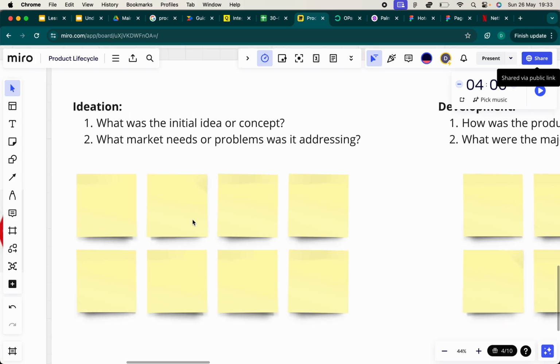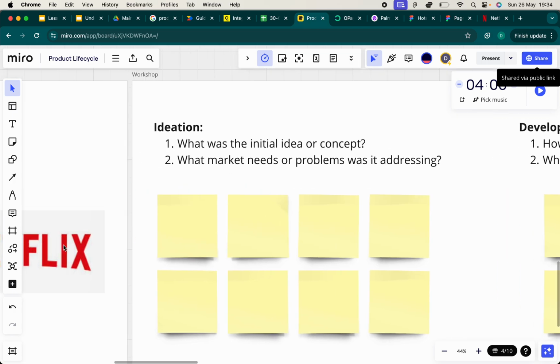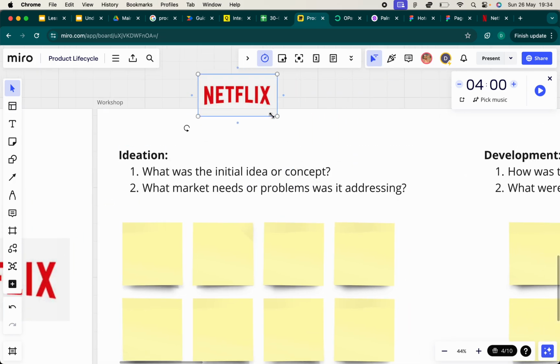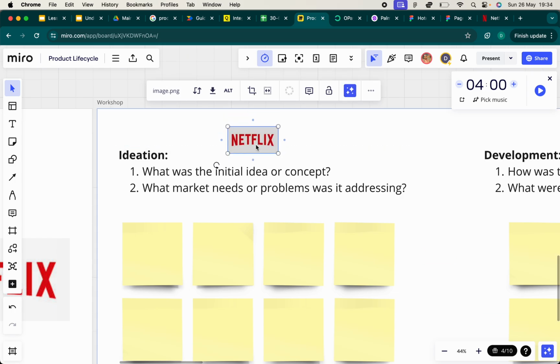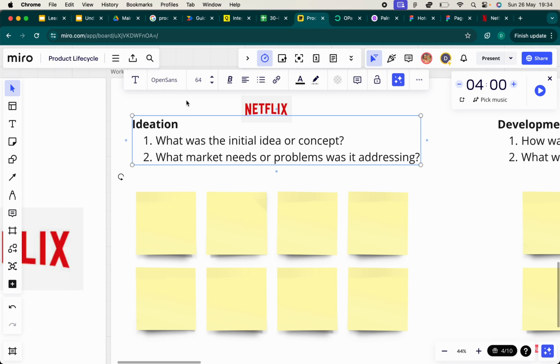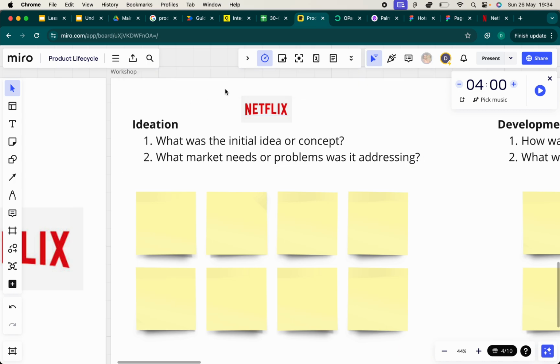So in ideation, we think of, again, Netflix. That's our product. Let me put it here so it's always in mind. Netflix. We're here. Okay. So in ideation, what is ideation? Can someone tell me what ideation means? This is where I'm going to make it interactive, guys. I've been talking a whole lot. Now I want some of you to be contributing. What is ideation? Yeah, go ahead.